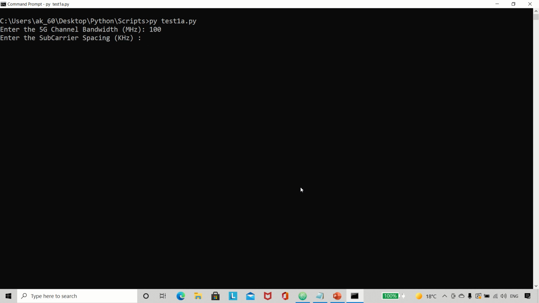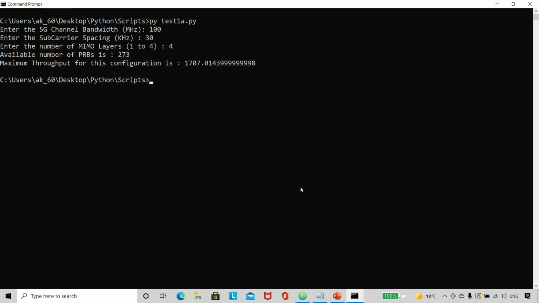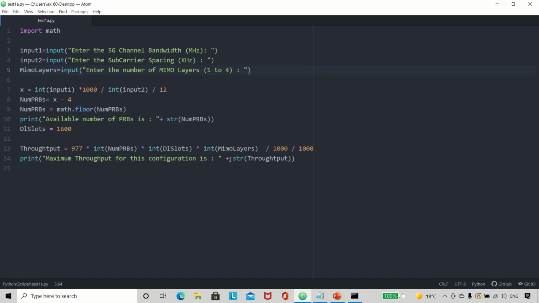We put the bandwidth as 100, subcarrier spacing as 30, MIMO layers as 4, so it gave us that the available number of PRBs, physical resource blocks, is 273, while the maximum throughput for this configuration is 1707 megabits per second, or 1.7 Gbps. So this is the initial version that we had, but this one is not really